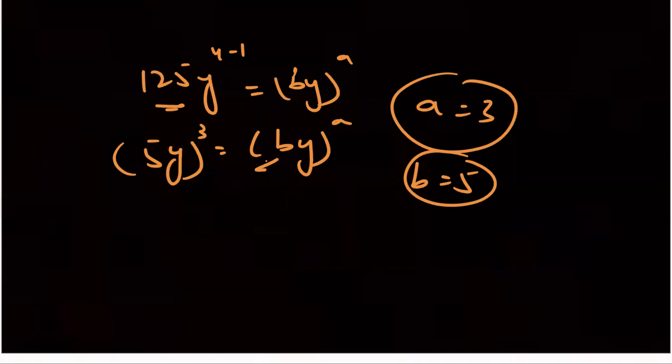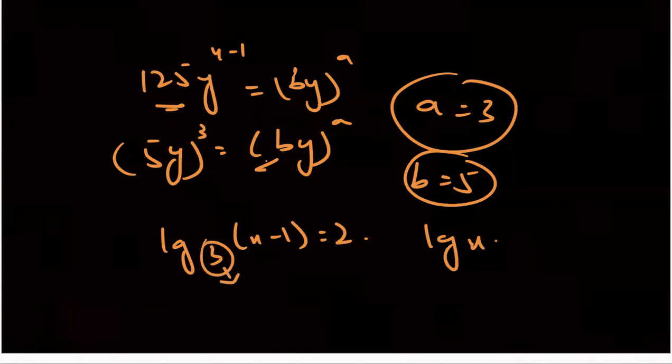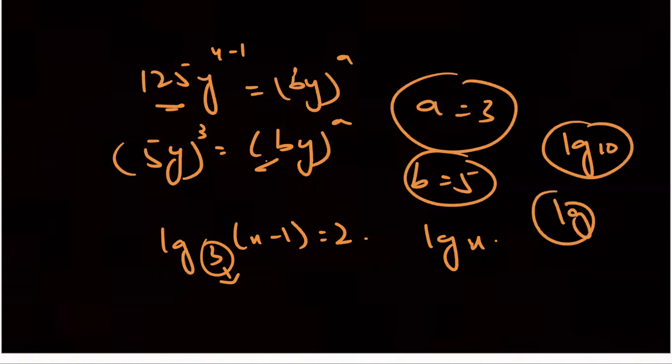First of all, I am saying log base 3 of x minus 1 is equal to 2. Now we have to find x, right? Now why have they written 3 over here, and often you don't see that, they just put log? Because log naturally has a base of 10. So when only log is written, it means the base is 10. But when 3 is written, it means now the base is 3. Now you have to evaluate it.